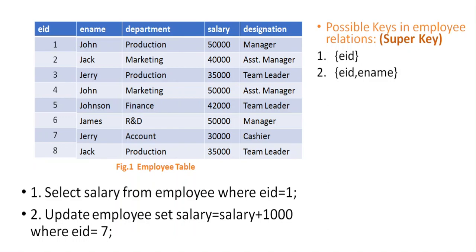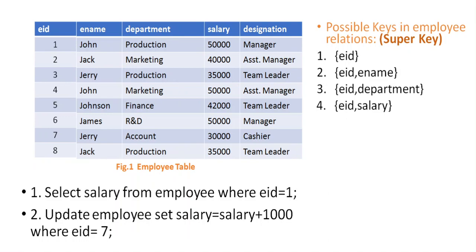Okay, now let's see what is another key. Another key would be employee ID and department. It is again the same. See, take the combination of 1 production, 2 marketing, 3 production. See, now here production department is repeated but employee ID is different. That's why employee ID and department, this set would be a key which is used as a unique identifier for the entire record. Okay, then another key will be employee ID and salary. See, if you take 1 50,000, 2 40,000, 35,000, it is a unique identifier.